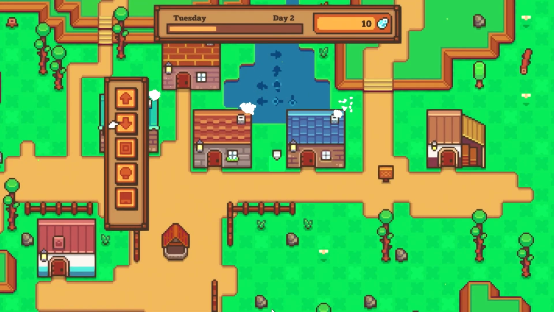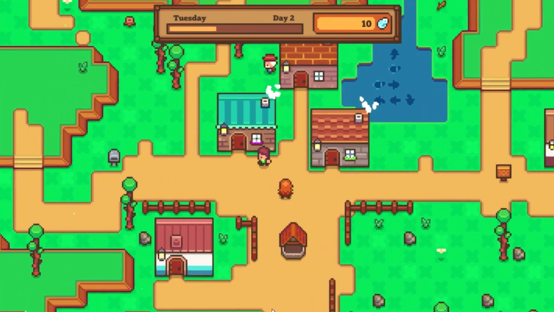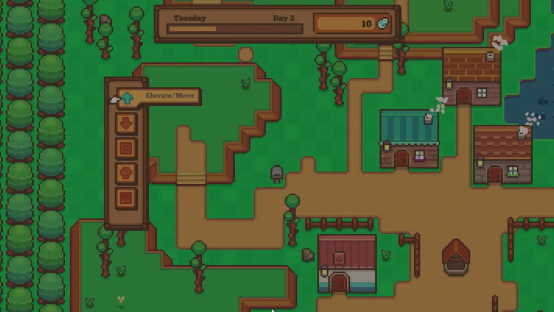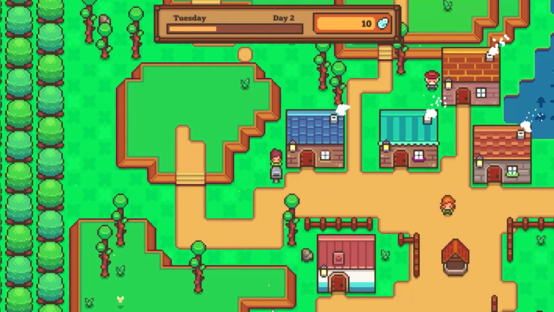Build mode. Lower destroy. Destroy my house. I'm going to come over here and rebuild it where it should be. Structures, my house, right there. Cool. Now I probably have to re-put the...